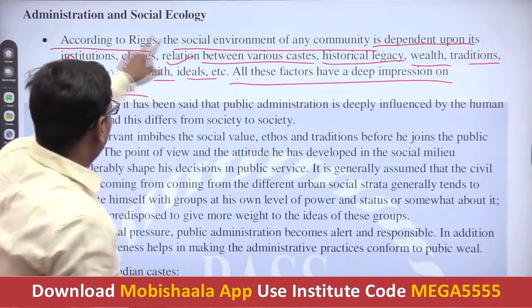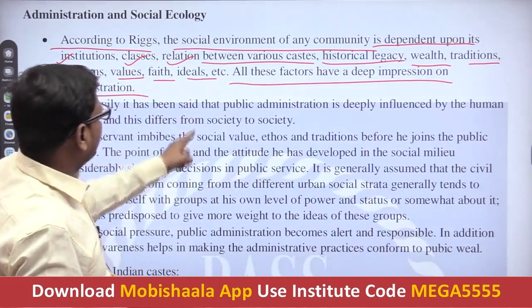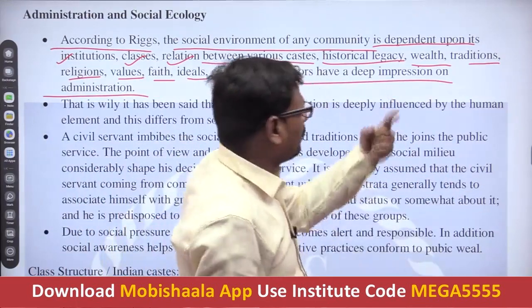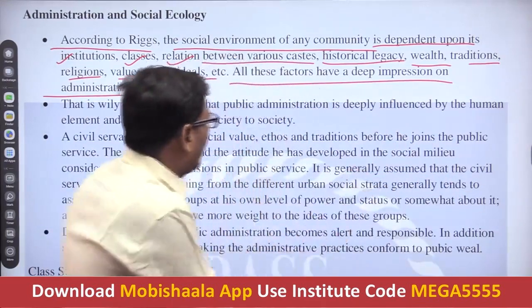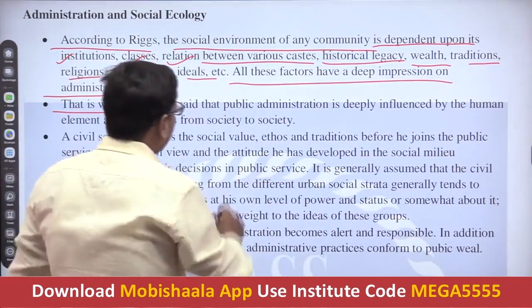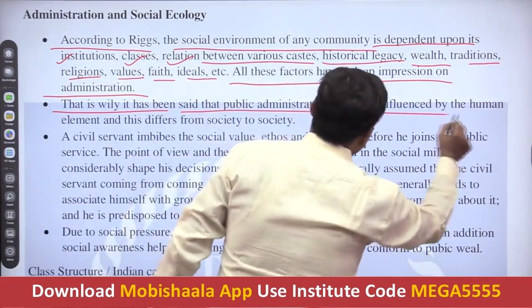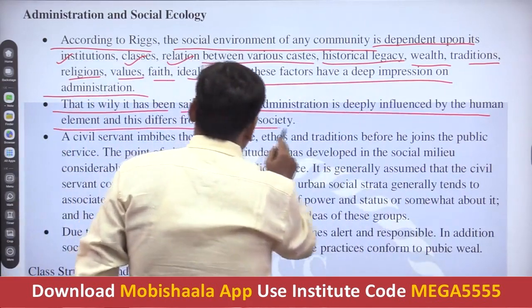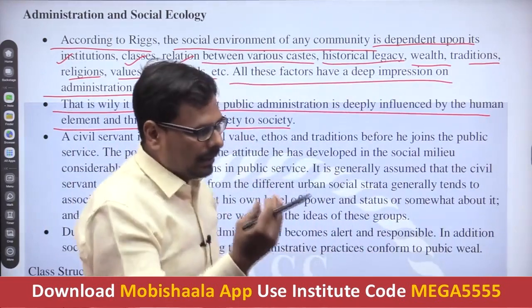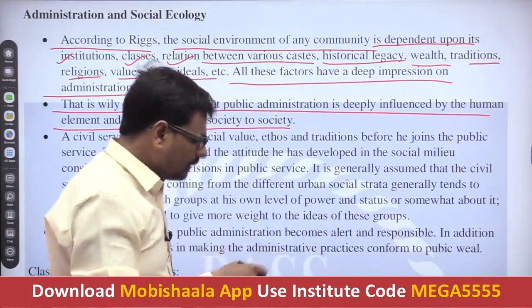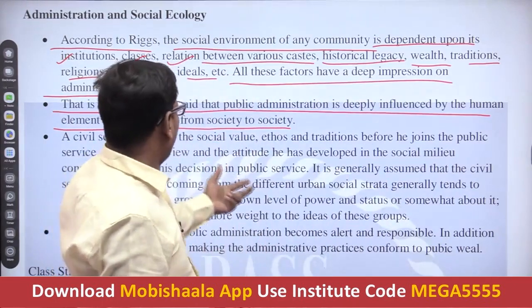As far as societal ecology is concerned, these factors have a deep impression and deep effect upon public administration. That is why it has been said that public administration is deeply influenced by the human element, and this differs from society to society. As you know, public administration deals with the human element, and it